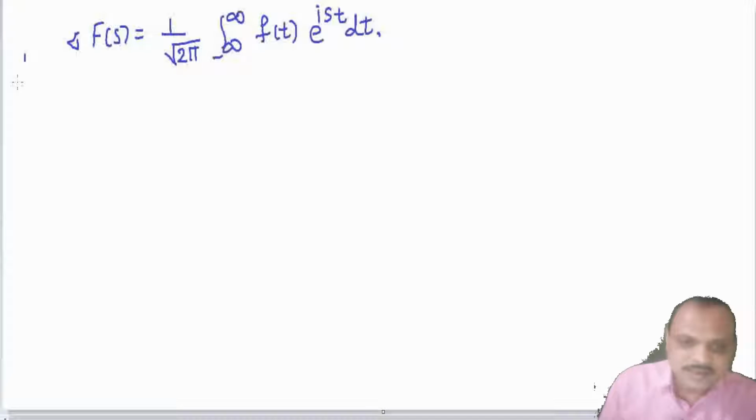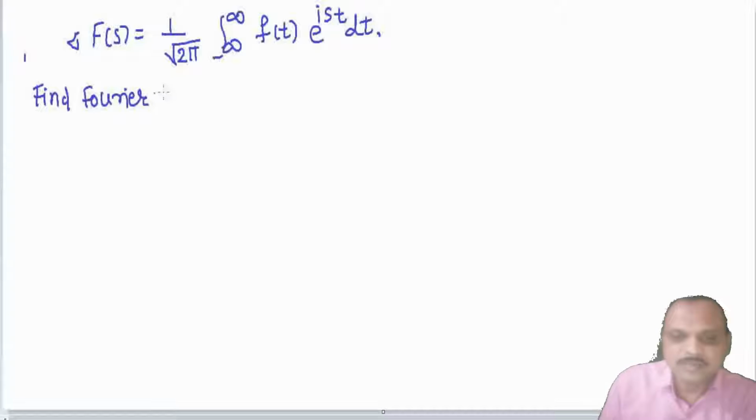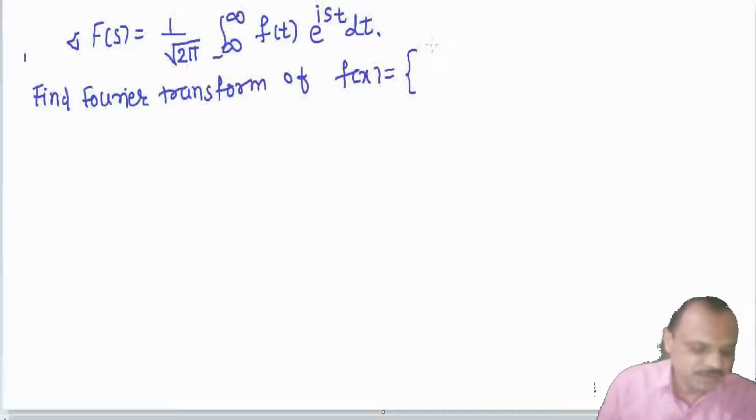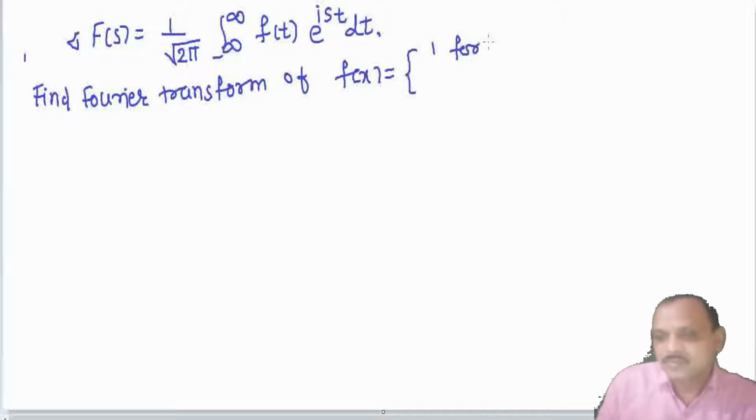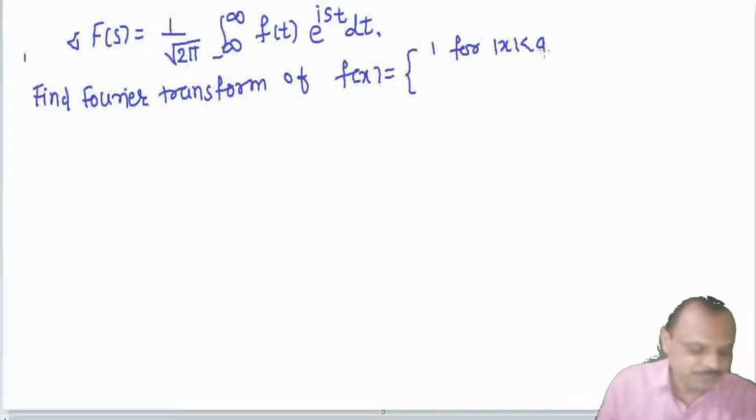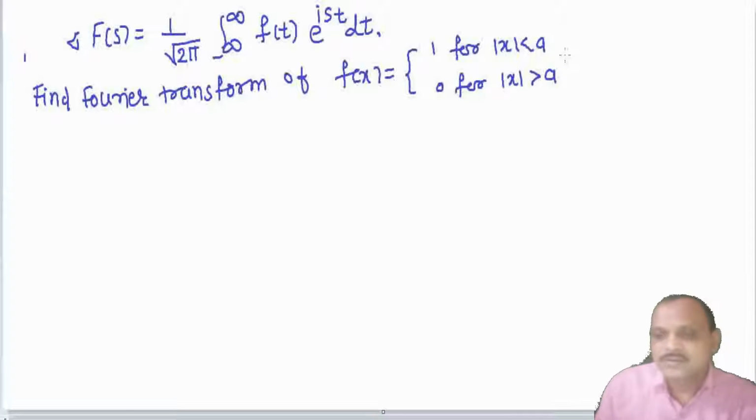Okay, so let us consider an example. Find the Fourier transform of the function f of x equal to 1 for mod x less than a and 0 for mod x greater than a. Now you can see that the function has value only from minus a to plus a, otherwise it is 0,